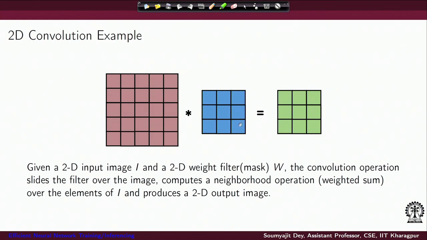And the way you choose the mask depends on what kind of operations you want to do on the image, what kind of information you want to take out of the image. So, here you have an image, here you have a 2D weight filter mask, let us call it W. Because this is essentially like a matrix multiplication you are doing, the image is getting transformed with this mask, but the operation you are doing is a bit different from standard matrix multiplication. What you are really doing here is the convolution operation, because that is how you operate filters on images.